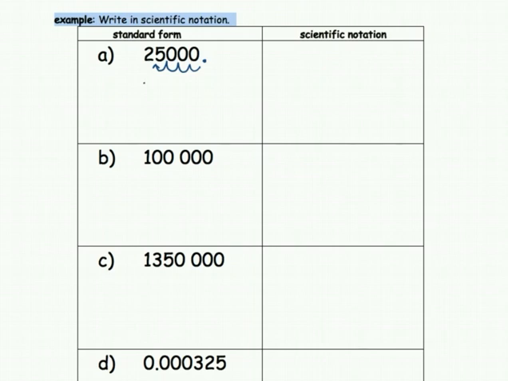So we're going to stop it right there. If we do that, that would become 2.5, which is a number between 1 and 10. Okay, so just kind of 1, 2, 3, loop it through like that. So from there, write the 2.5, then you're going to write the times 10 to the, and then the exponent is how many moves you made. So the decimal is moving along here, 1, 2, 3, 4. Okay,